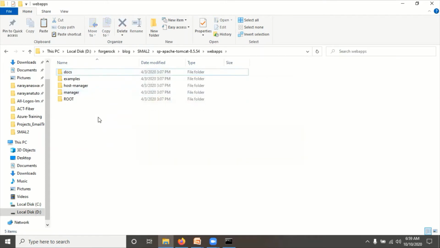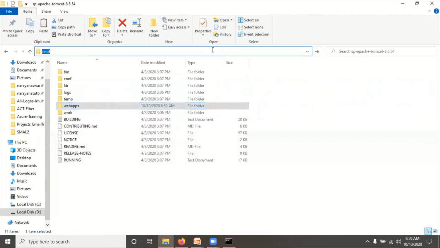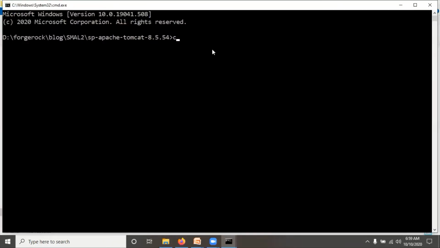Now paste it. Now open the command prompt for this also separately, go to the bin folder, and start the Tomcat by executing the catalina.bat run command.